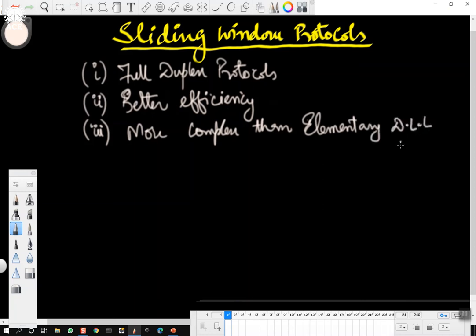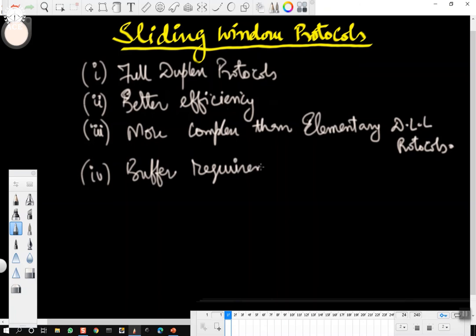The complexity is because, to achieve the efficiency, etc. And the buffer requirements are more. That means sender and receiver will have to maintain more buffers. But the inherent characterization is that it makes use of the concept of piggybacking.